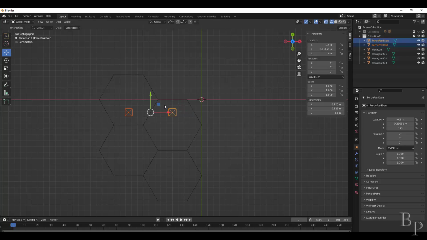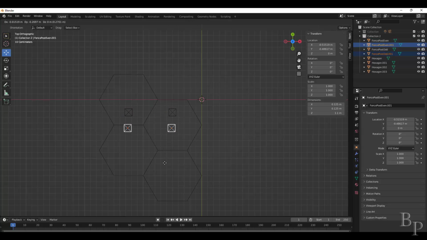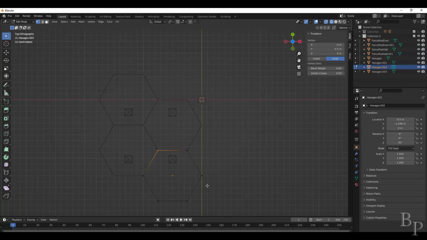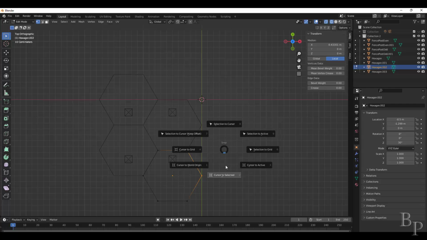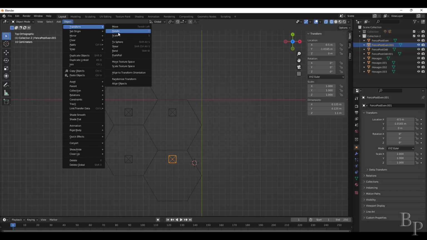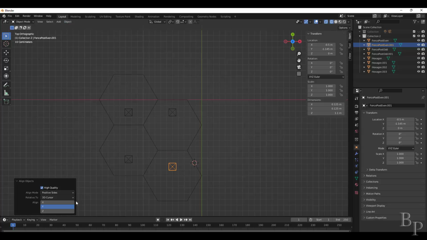We don't have to export these duplicates, but we need them to create our fence boards. Shift D with both of them selected, and then the escape key. We can go ahead and drag them up here. Now, select this hexagon first, tab into it, select these two vertices, Shift S, Cursor to Selected. Exit edit mode, select our fence post, transform, align objects, align